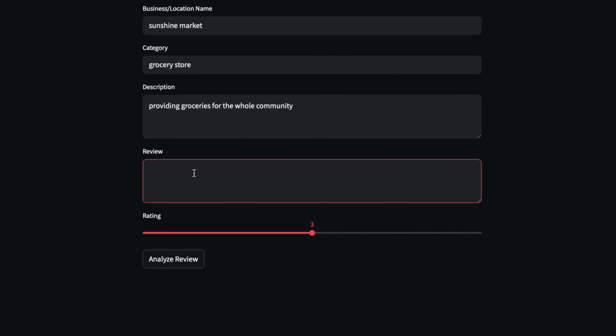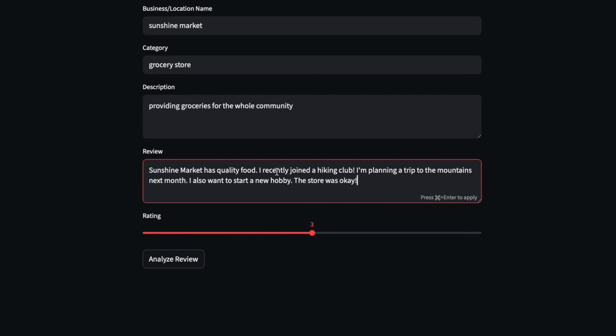So something like this. You can see that this person talks about joining a hiking club and they want to plan a trip to the mountains. So clearly stuff that's not really related to the market, and this means that the quality of the review itself is definitely quite poor, regardless of what kind of rating they give or anything like that. So all we need to do is to click Analyze Review,